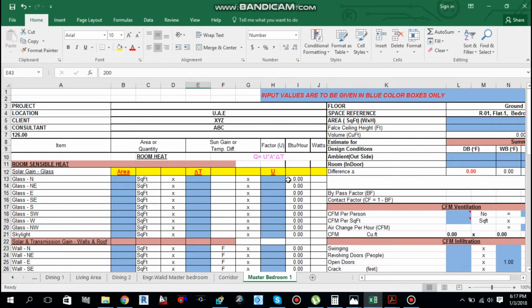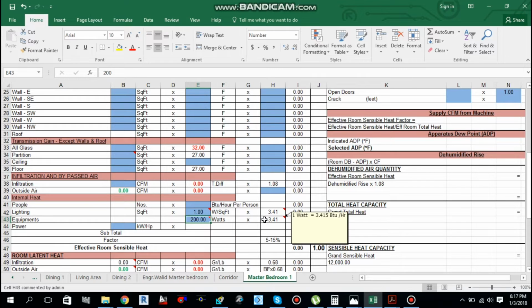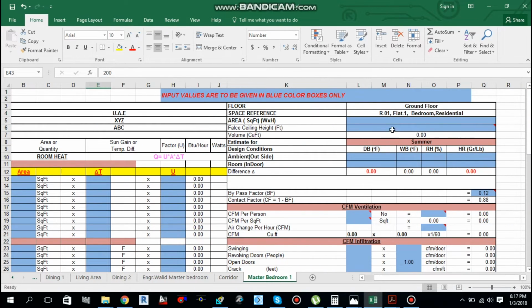If you saw the last video, in which I told you guys how you can calculate the heat load using HAP software, in this video I will tell you guys how you can calculate heat load using the E20 form. So let's start. Here I have opened this E20 heat load sheet. Here I have to give inputs so that it will automatically give me the heat load. So let's start filling it up.